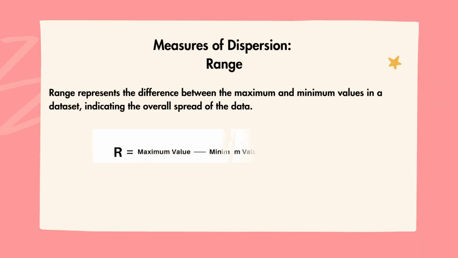Now let us understand the first measure of dispersion, called range. Range represents the simplest way to measure how spread out a dataset is. It is calculated as the difference between the maximum value, which is the largest observation in the dataset, and the minimum value, which is the smallest observation. The formula is written as R equals maximum value minus minimum value. A higher range indicates greater variability in the data, while a smaller range shows that the data values are closely